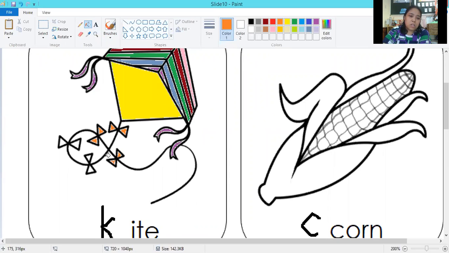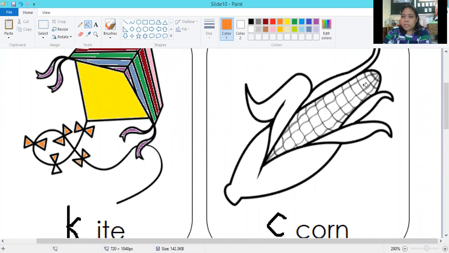So we're going to color the next picture, which is the corn. What color is the corn? Yes, it's yellow. So I'll get yellow for this one here. Oh, I have to go through one by one to be able to finish coloring the corn. Make sure you're also doing it on your paper right now.